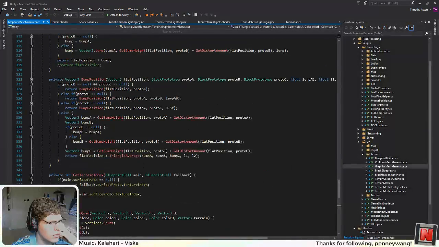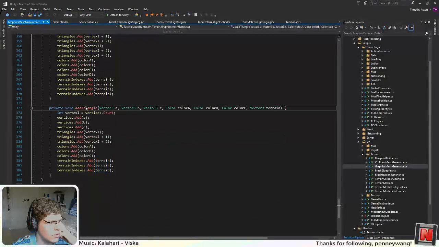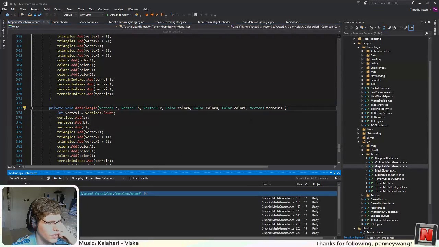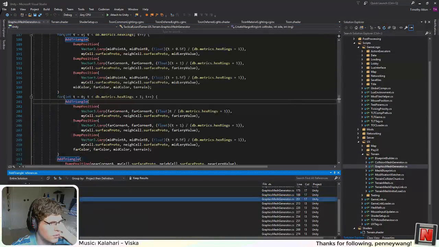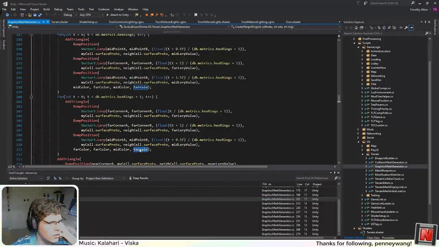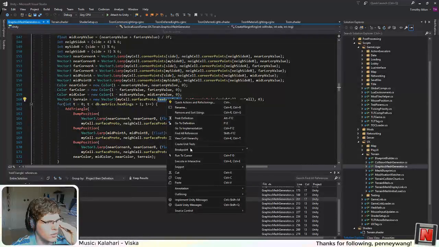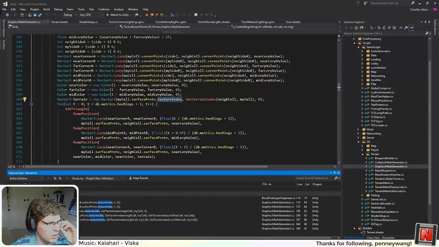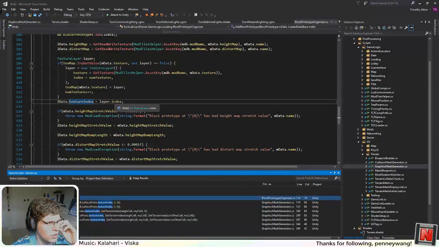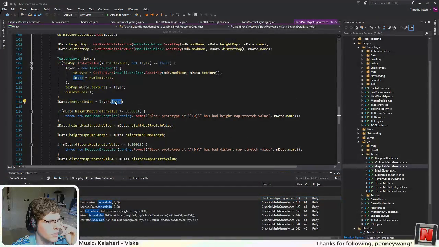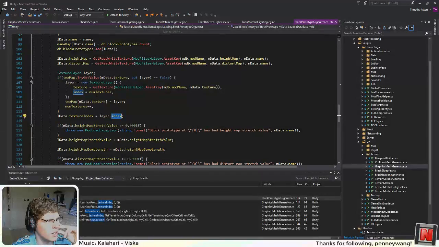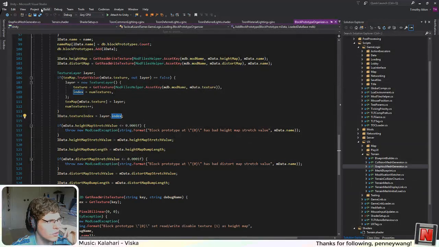Okay, again. I want to find the actual values that we add in there. Okay, there's a bunch of them. So it's just a texture index of the surface prototype, which is an integer. Okay, so it must be the numerical index. In that case,